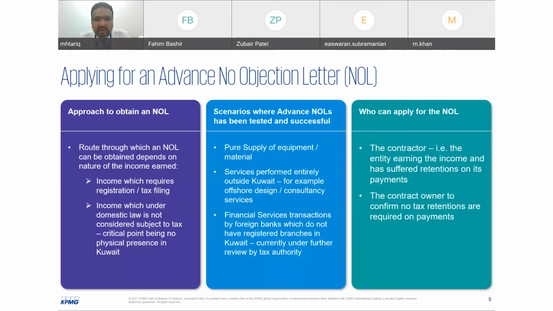If this is a foreign company, then they have to be very clear that if they are not retaining 5%, whatever costs are related to the subcontractor, supplier, or service providers will be disallowed by tax authorities in their final tax inspection and tax assessment process. If it is a local company.